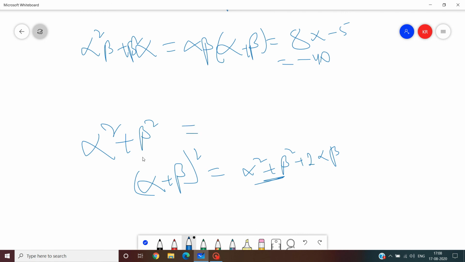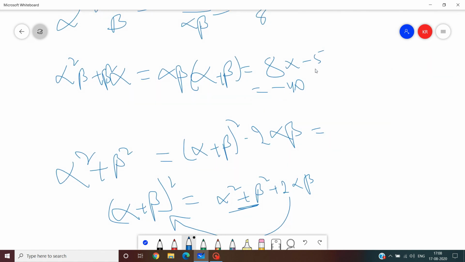So alpha square plus beta square is equal to, sending this to the other side, alpha plus beta whole square minus 2 alpha beta. What is alpha plus beta? It is minus 5. Minus 5 whole square will be 25, minus alpha beta is 8, 2 into 8, 16. So alpha square plus beta square is equal to